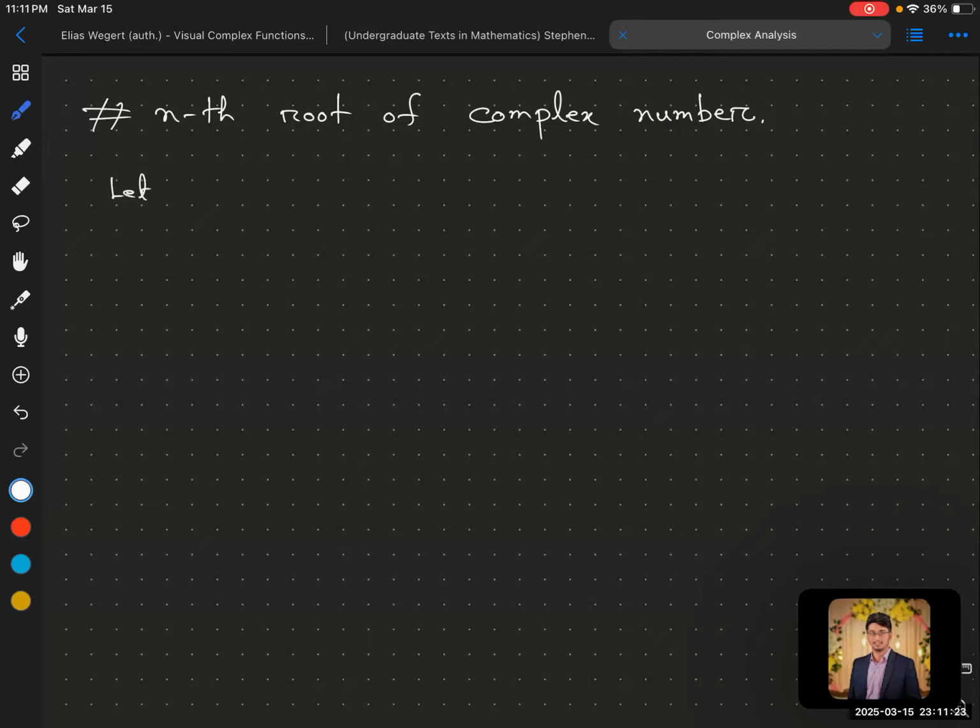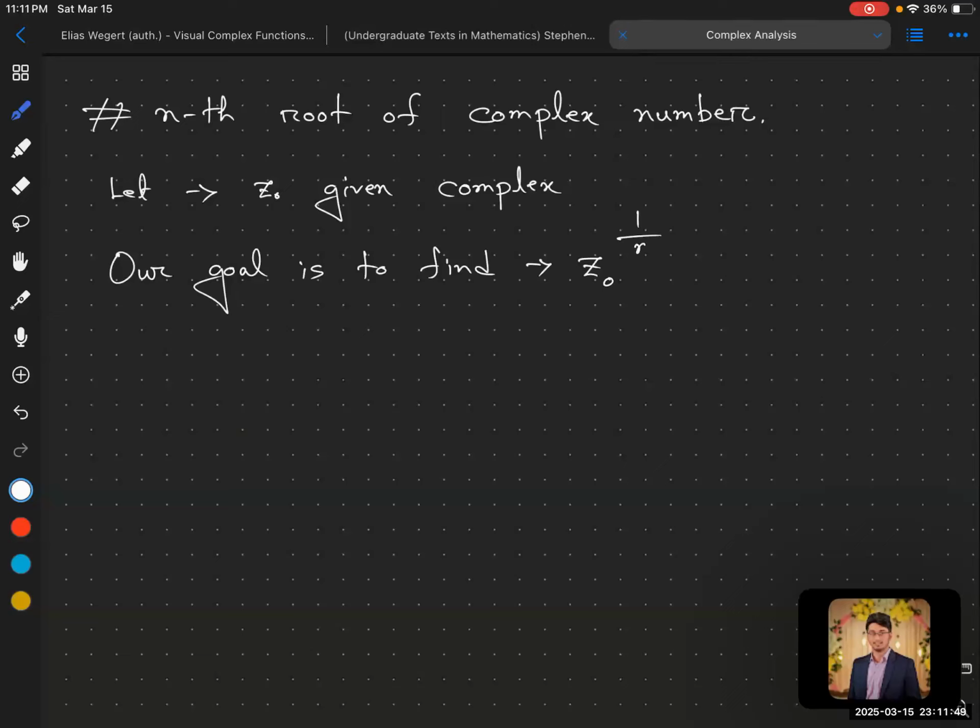Let's say z0 is our given complex number. We are going to find the nth root of z0. That is, our goal is to find z0 to the power 1 over n. Here n is any natural number, that is n can be 1, 2, 3, 4, 5, 6, anything, but